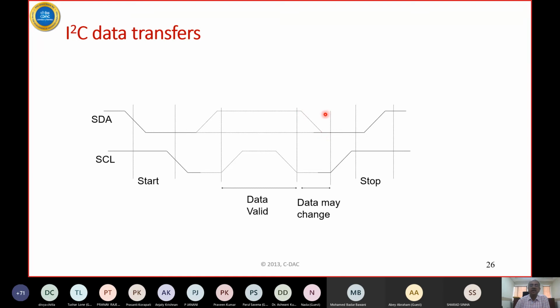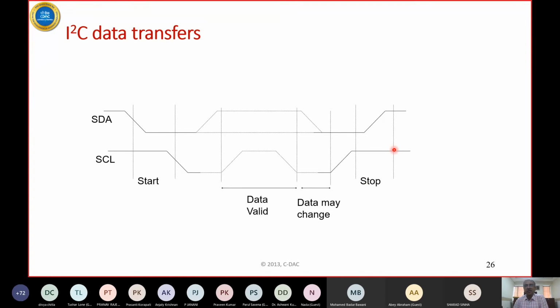It may remain high if the next bit is 1. If the next bit is low, it can change here so that when the clock again becomes high, the data will be sampled. The start condition is indicated with the clock being high and data changing. See the fallacy here: data is not supposed to change when the clock is high, but start and stop conditions violate this. That's how it's known that it is a start condition. That is, the clock is high and the data changes from high to low; if the data line changes from low to high while the clock is high, that indicates a stop condition. Anyway, this is handled by the I2C controller.